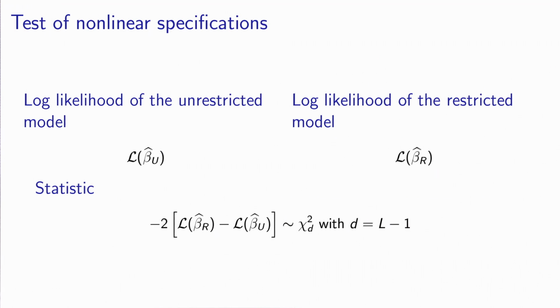So the log likelihood ratio test will be applied exactly as we saw from the beginning. So we estimate the unrestricted model, the one with the power series. This is the one on the left. Then we estimate the restricted model, the linear specification, which is the one on the right. And the statistic is always the same, -2 times the difference of the log likelihood. It's distributed as a chi-square with d degrees of freedom, where d is the number of power series terms that we have included, minus 1 because we keep the linear term.